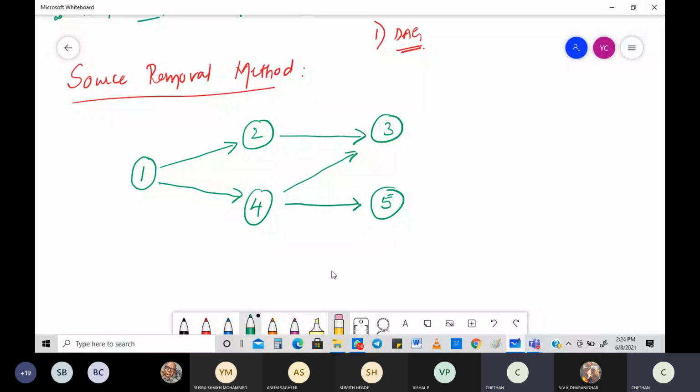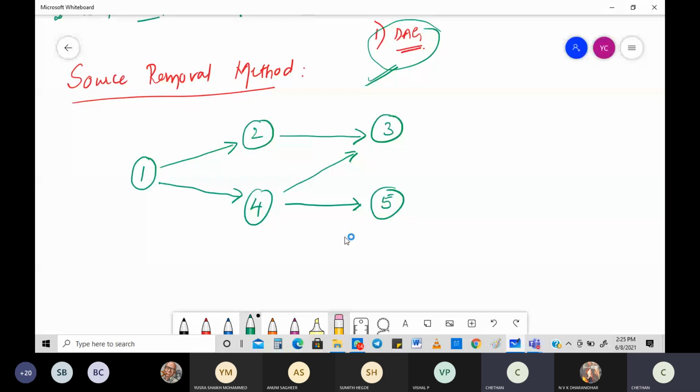What about the acyclic part? Is it an acyclic graph? Which basically means, does it contain any cycles? Check whether there are any cycles. I don't think so. You just check. 1, 2, 3. Okay. 1, 4, 3, 1, 4, 5. Is there any cycle? No. There is no cycle. So this is a DAG. Very clearly you can see that this is a DAG, directed acyclic graph, without any problem.